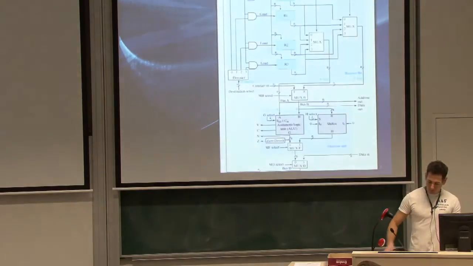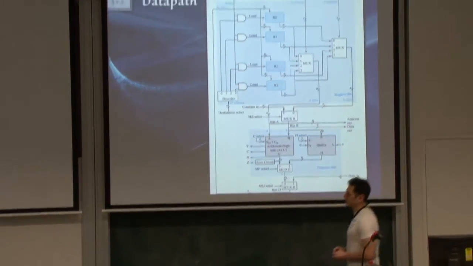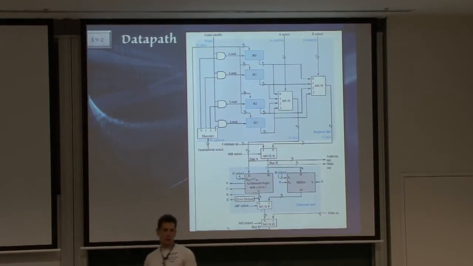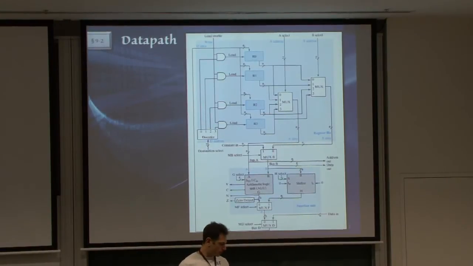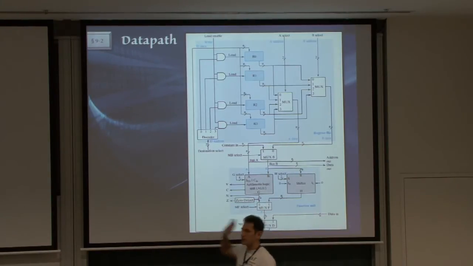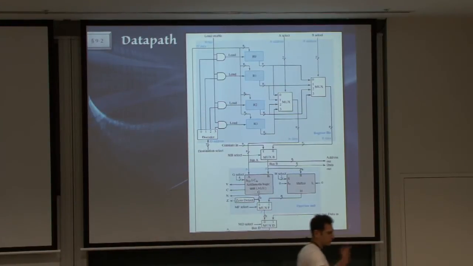Now what I want to do is go through this circuit. Now this circuit is what you have in your hands on one side of the page. You can make notes on it, you can write whatever you want. And the way I will analyze this, so this is a circuit for a data path. The data path is controlled by the control unit. The way I want to analyze it, I want to go through each and every part of these